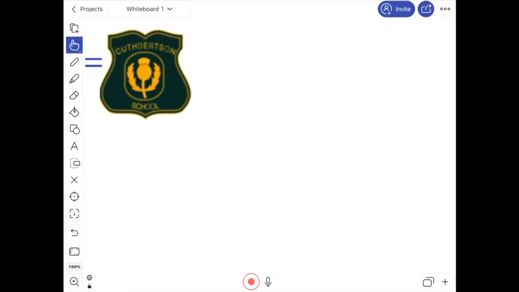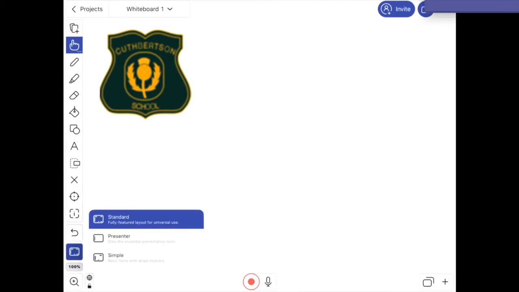So loads of different options for us, and I hope it's been useful for me to go through all of the different options that you can see. When I first started using this app, I thought it was a bit overwhelming and there was a lot to it. And I've very recently discovered that I might not be the only one who felt that way, because if you look underneath the undo button, you will also see an option to change your mode, which is actually very